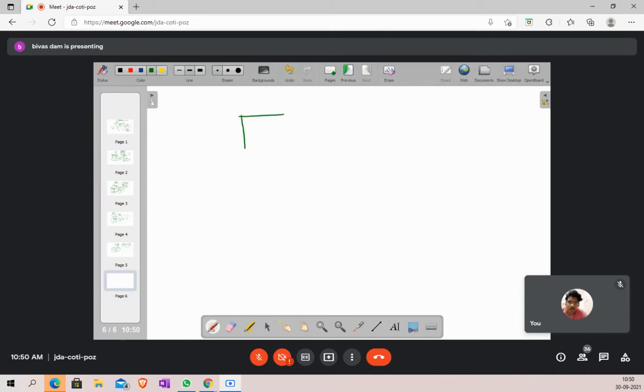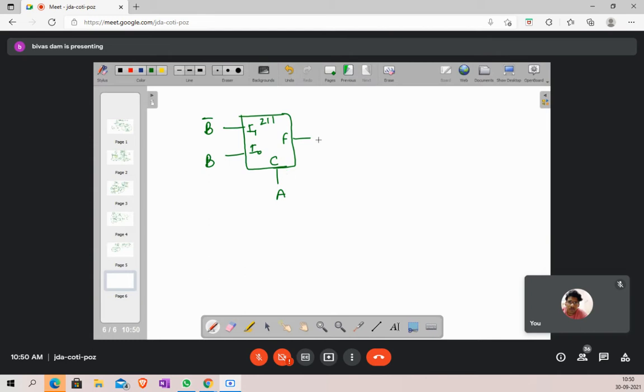Let me draw. A as the control input. B is connected to I0 and B bar is connected to I1. We have two 2:1 multiplexers, right? So the other one we will use to make B bar.